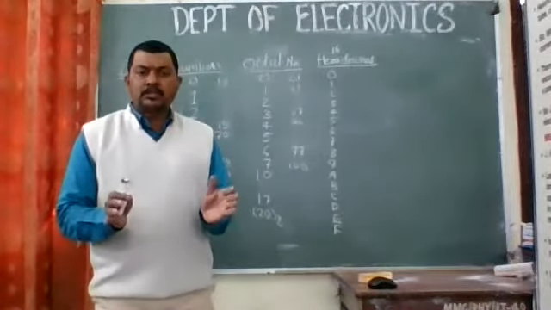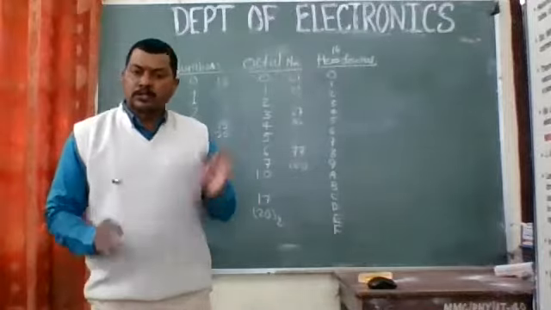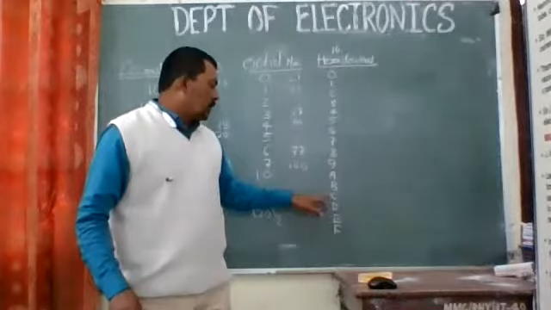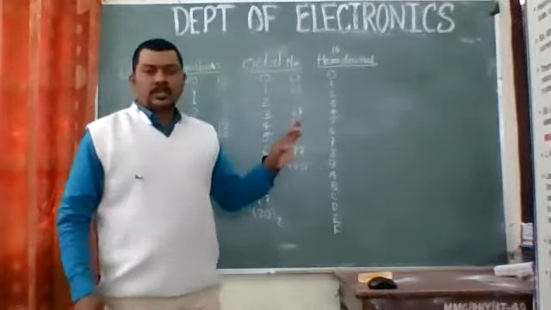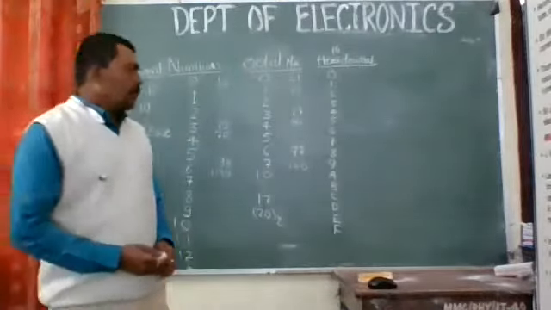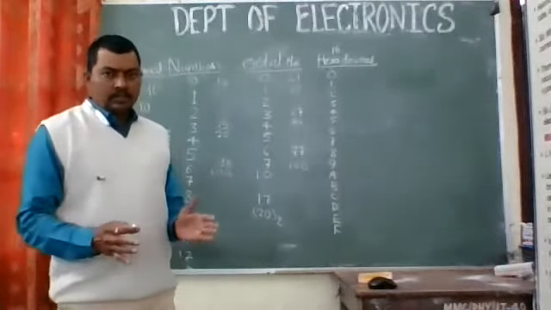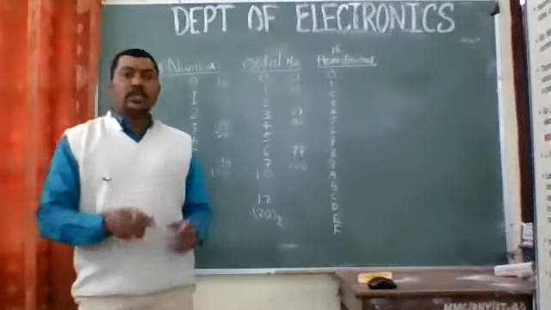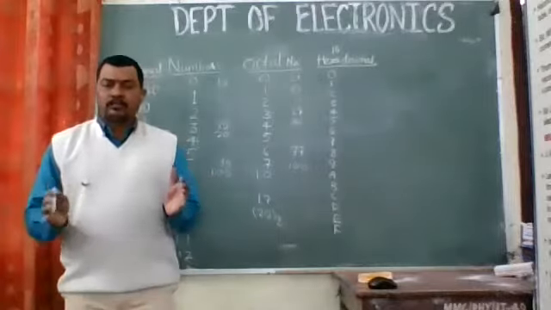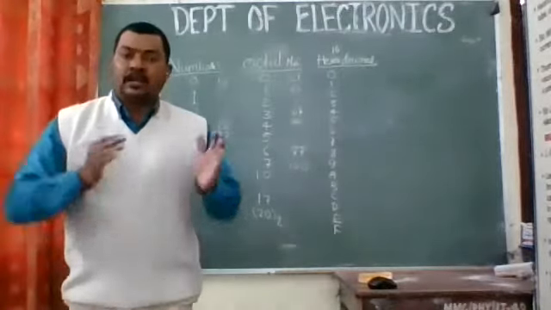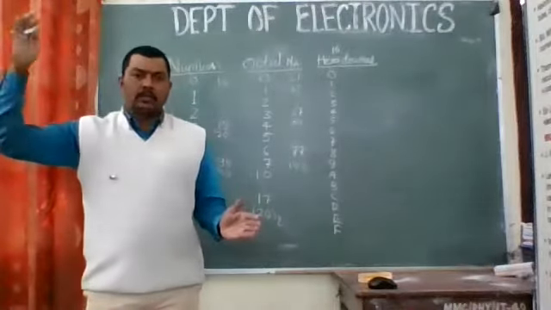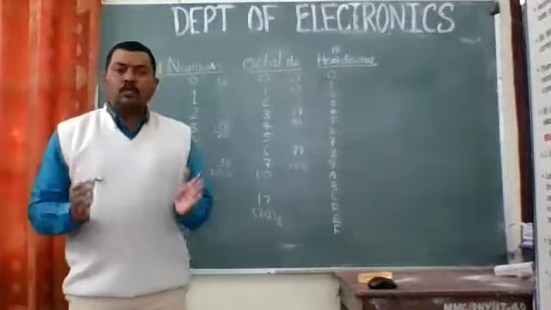So this becomes the hexadecimal number system. The hexadecimal number system has 16 symbols. Just count: 1 to 9, these are 10, 11, 12, 13, 14, 15, and 16. So 16 symbols for the hexadecimal number system. Now, the last number system, which is very essential for digital electronics, which we need to study right from the basics of digital electronics up to computers, microprocessors, microcontrollers, and programming, we require this